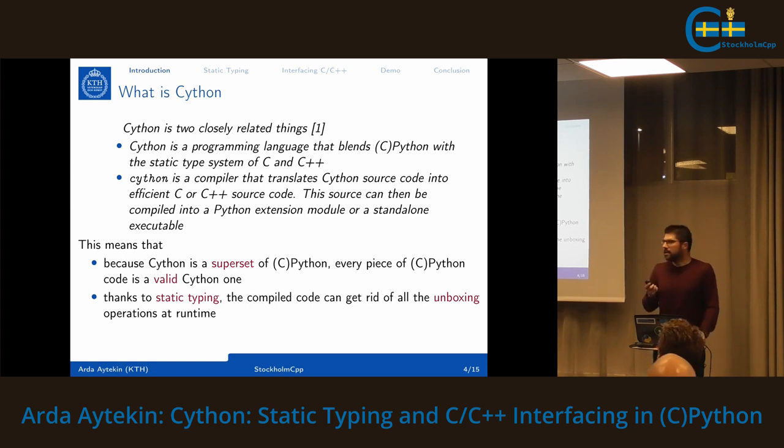So what is Cython? Cython is basically two closely related things, from the book. Cython, with a capital C if you wish, is a programming language that blends CPython with the static typing system of C and C++. And lowercase cython is the name of the compiler, which translates this Cython source code into efficient C or C++ source code. This source code can then be compiled into a Python extension module or can be run